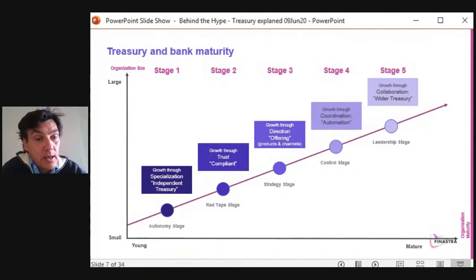And this is, again, where we come back to what I said earlier: this is the point where the treasury is the heart of the bank. It's pumping money into everything that the bank is doing, but it's not only pumping money, it's looking at all the regulation, all the compliance, all the automation, everything that happens within the bank. So the treasury function really is related to every single part of the bank. And when you are withdrawing money at an ATM, it has an impact on the treasury.